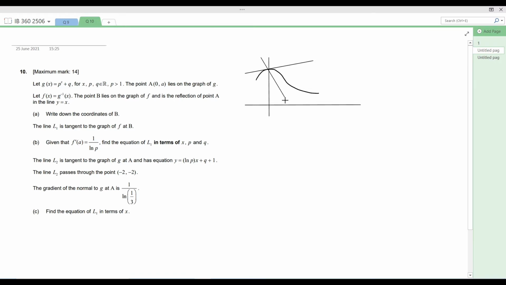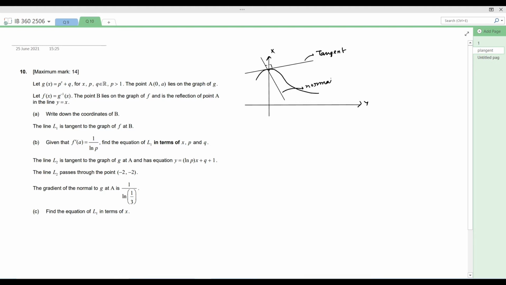As I am drawing by hand, you can avoid some small minor mistakes. This is the normal line, so this particular angle will be 90 degrees. These two lines will be normal to each other. So if this is the x-axis, this is the y-axis, and this is my tangential line, and this is my normal line.